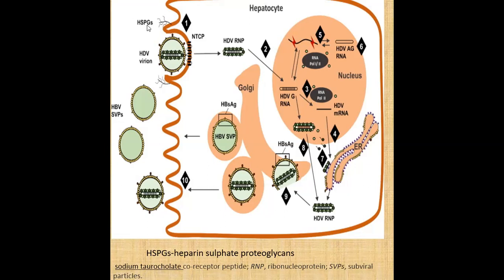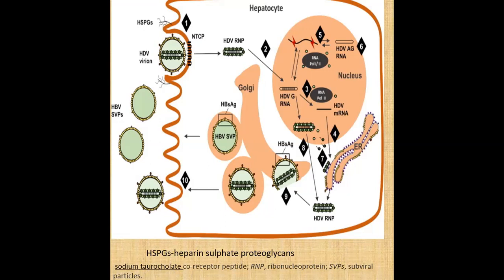These are the hepatitis viruses present. The interaction should be carried out in this way, and then entry is carried out with the viral receptor. These are the receptors present. NTCP is a surface receptor for the entry of hepatitis B, and it is required for hepatitis D. The viral RNP, that is ribonucleoprotein, is then transported to the nucleus. This is the next stage where the nucleoproteins are transferred.